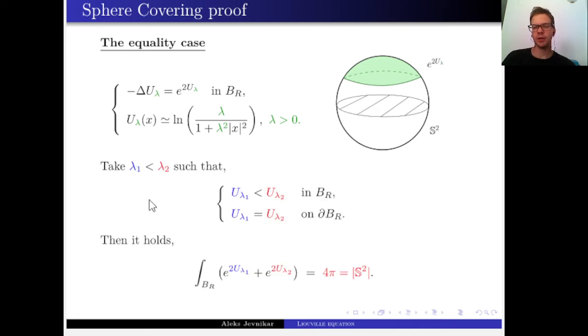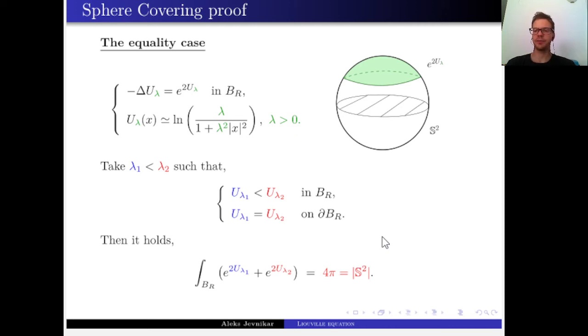So if you take now two spherical caps, two complementary spherical caps, so this means you take two different lambdas, lambda 1, lambda 2, such that they are different, so you have two different spherical caps and they agree on the boundary. Then of course you make the computation and you see that the total integral of the sum of the two solutions is the area of the sphere. So this gives the equality in the sphere covering